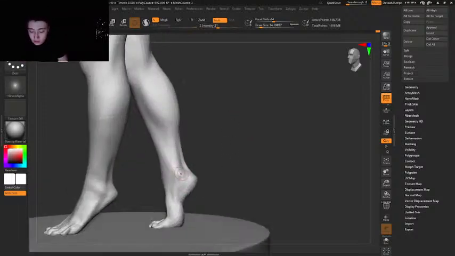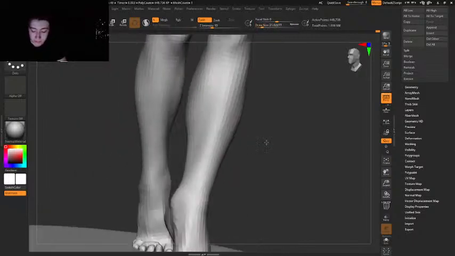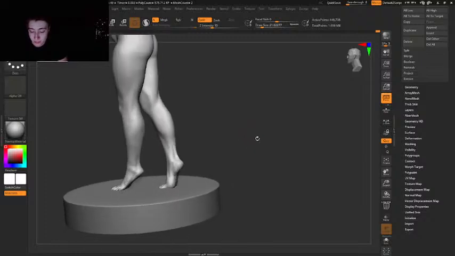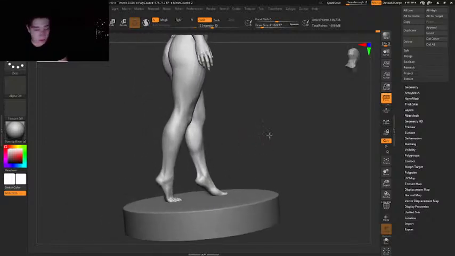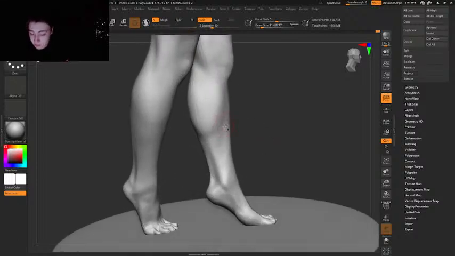Just like on dinosaurs, I'm gonna exaggerate the shape so it goes more triangular. Here goes the bone, but we want this triangular shape down here. It looks like there's a lot of tension. It looks like the leg is actually in motion. As you can see here, it's gonna look like a little bit more motion, a little bit less like it's